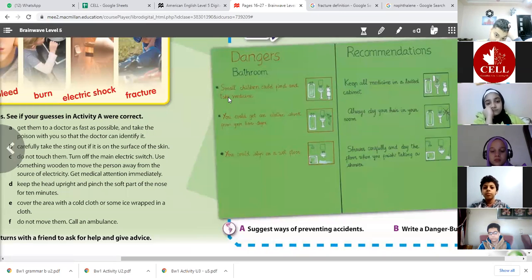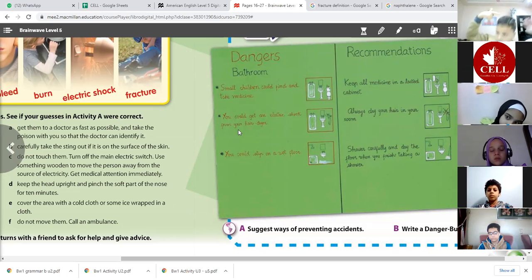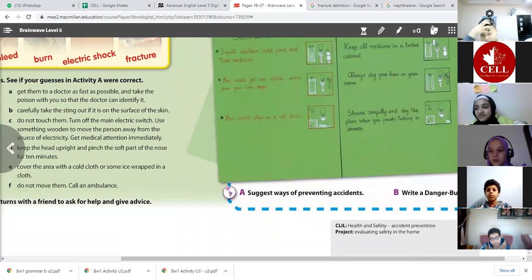That is why you should make sure you don't have any medications in the bathroom, because children can't recognize them. They think it's a gum, it's a medicine, it's something edible, so they just put it in their mouth. The other danger of a bathroom is you can get an electric shock from your hair dryer. So next time, if you had a shower, please make sure to dry your hair in your bedroom or in any other room, not in the toilet, because steam and water could